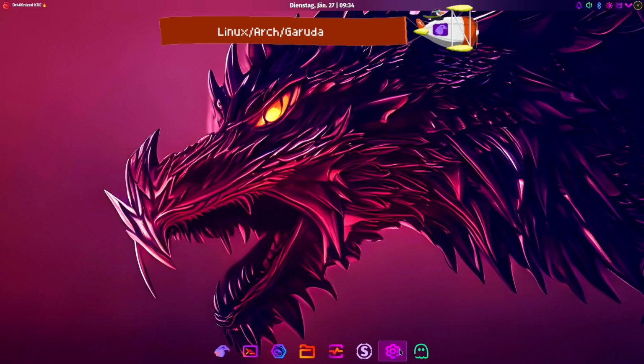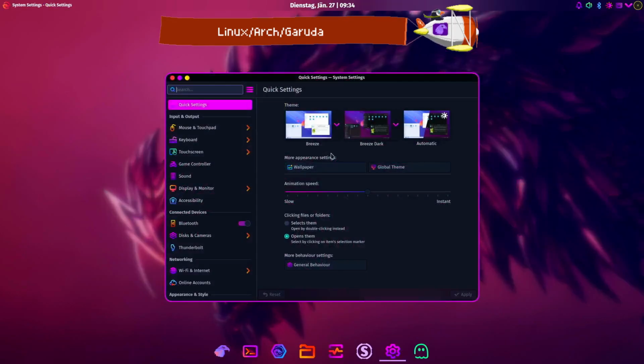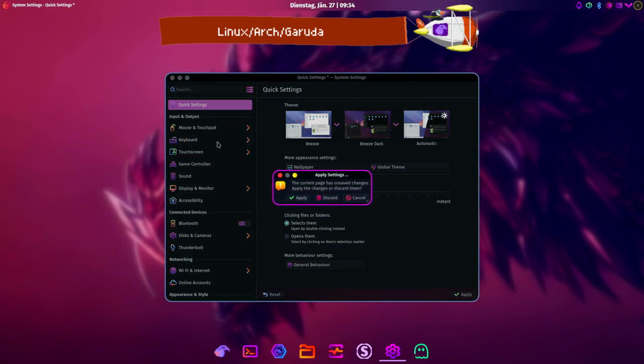So to start off with, go to your system settings. You'll see that this is very familiar. This is your usual KDE settings. First off, I prefer that if you click on a file, it just selects them, double click to open like on Windows. Secondary, we're going to go to our keyboard settings,